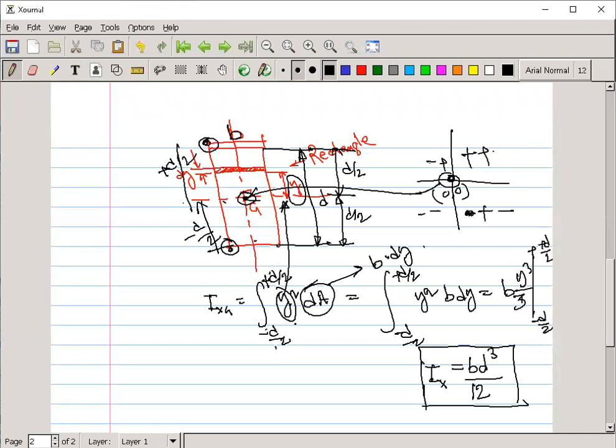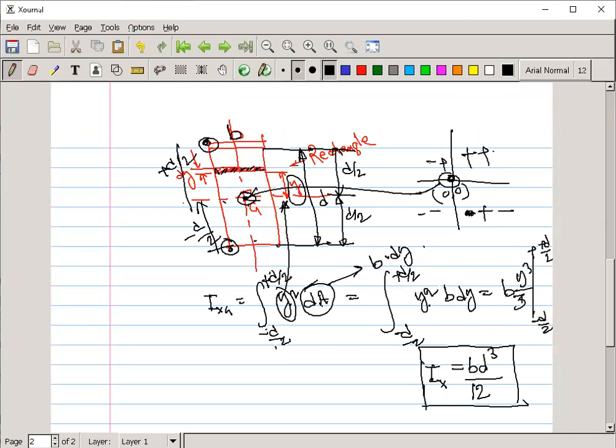And the formula you have already discussed is y square dA. And y is the distance of the elementary stripe area from the axis about which you have to find the moment of inertia. Here it is the centroidal axis, so this distance is y. And instead of dA, b is the width and the height of the small elementary stripe is dy, so dA is b into dy. So it is y square into b into dy.